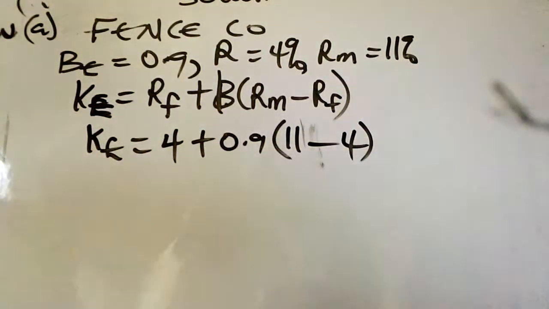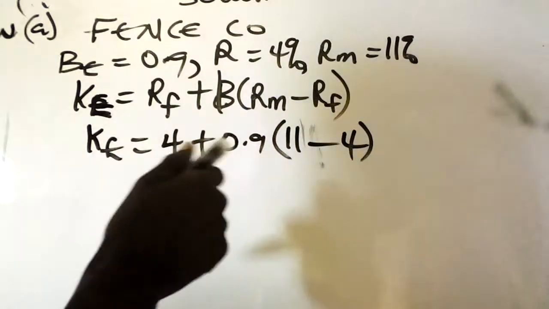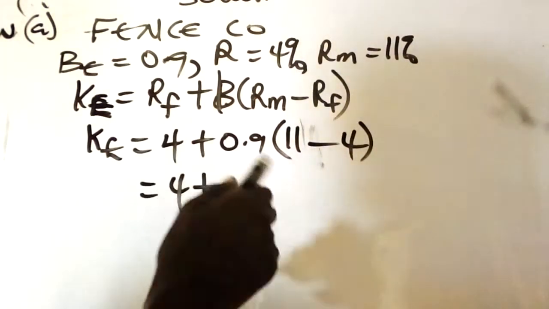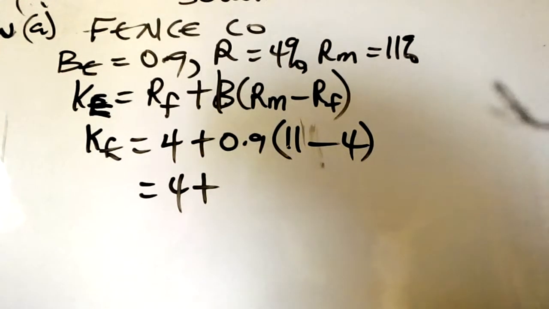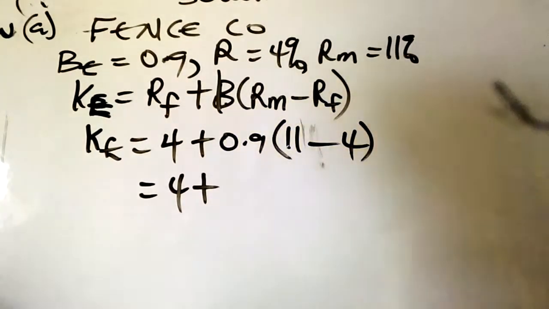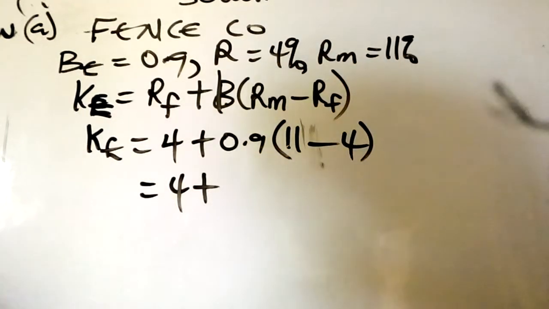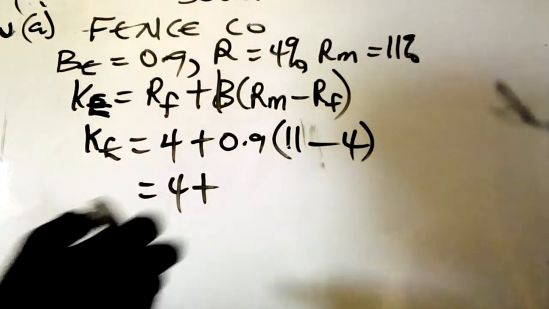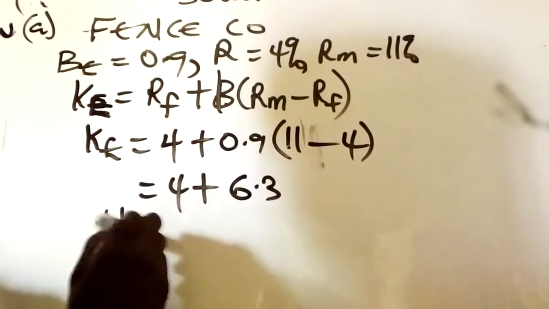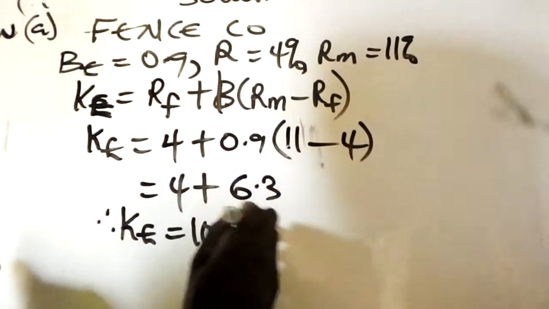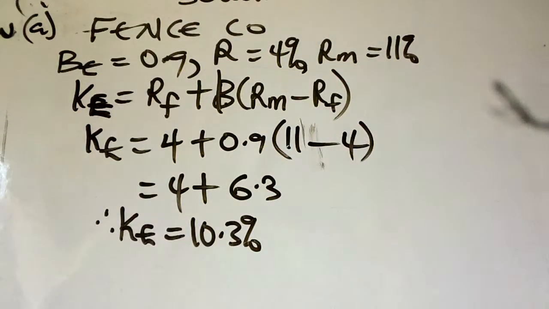So this will be 4 plus 11 minus 4, that will be 7. 7 times 0.9, then we have 6.3. 4 plus 6.3, therefore cost of equity will be 10.3%. We've obtained the cost of equity. Remember, the